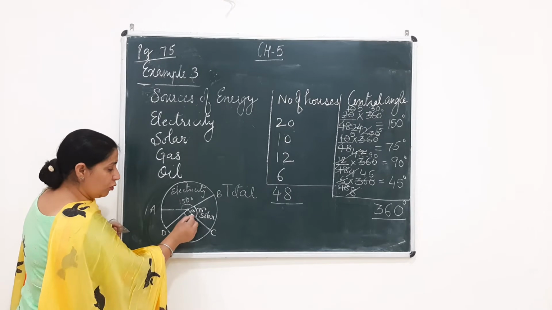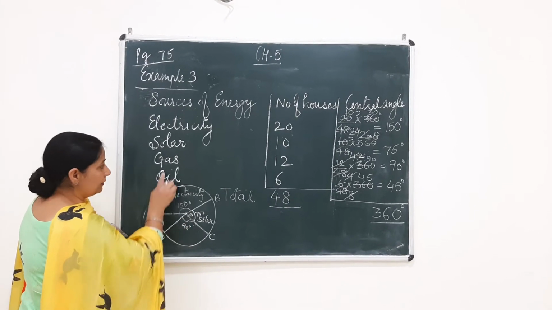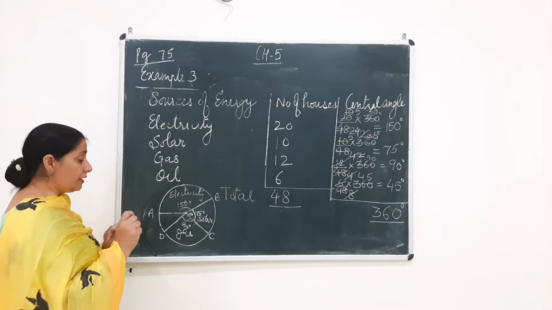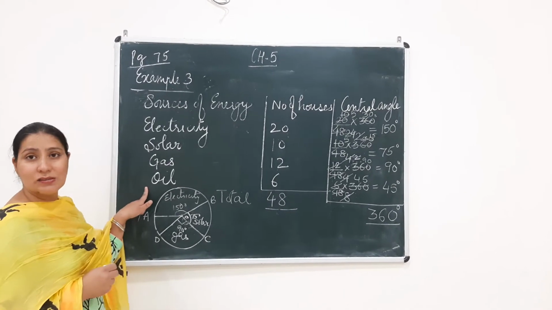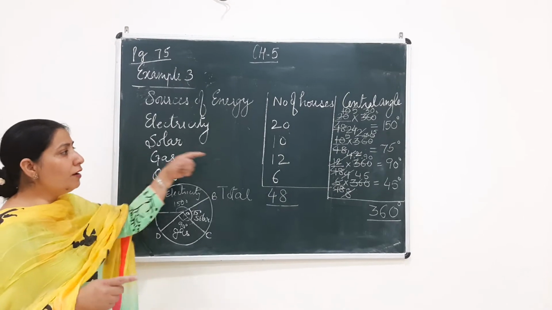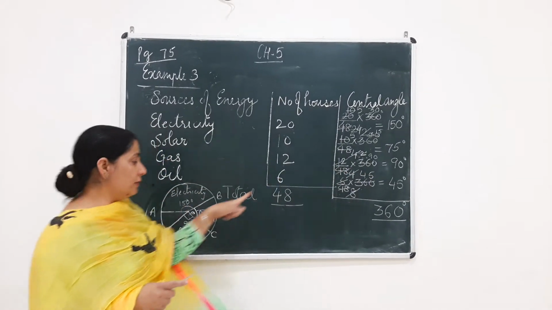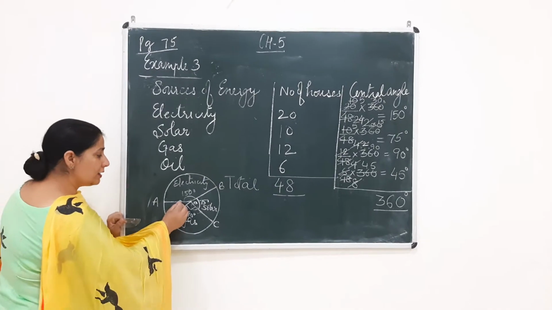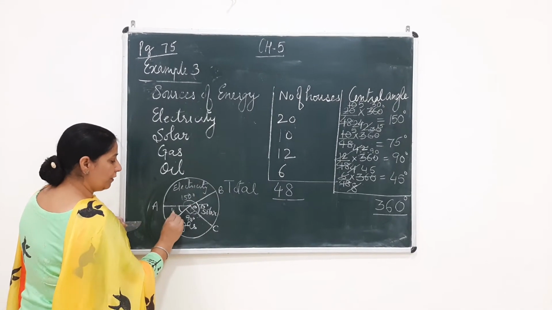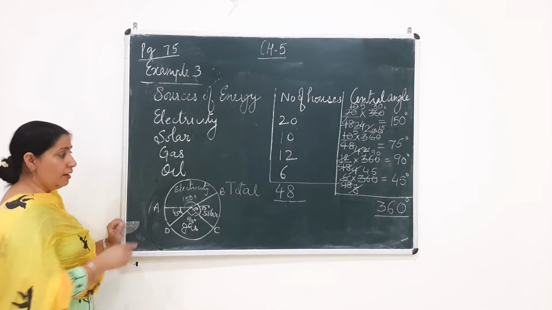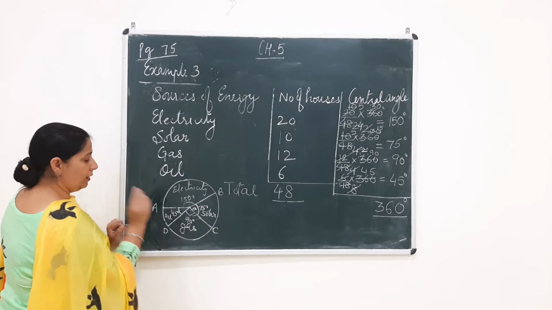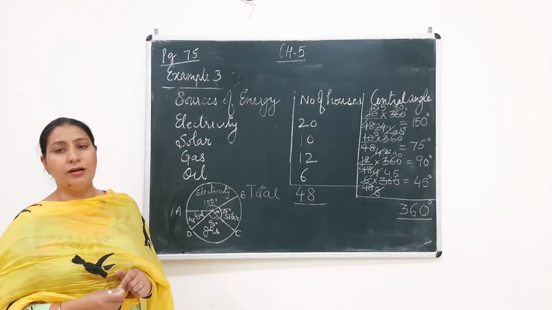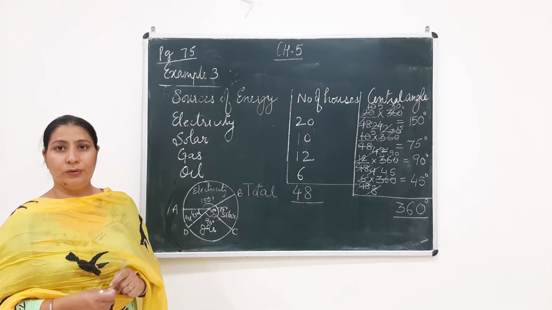Now this angle you have made is 90 and this is representing your gas. One thing is clear, beta, you need not make the last one. Because if you have done the first three correctly, then automatically you are left with the last part. The last part, as we know already, was an angle of 45. You will mark an angle of 45 here, and this represents your oil. So this is the way we represent data in the form of a pie chart. Hope I have made it clear to you.